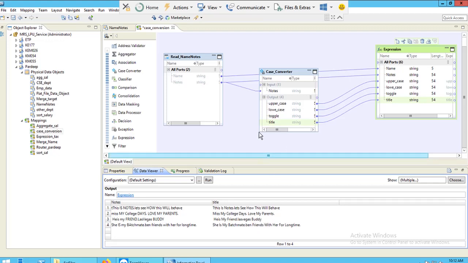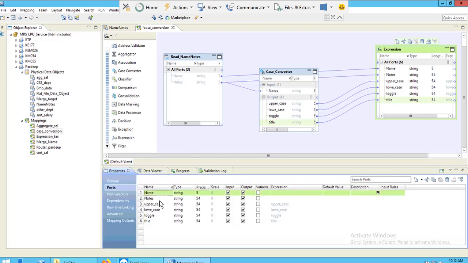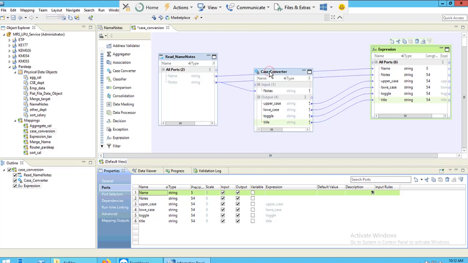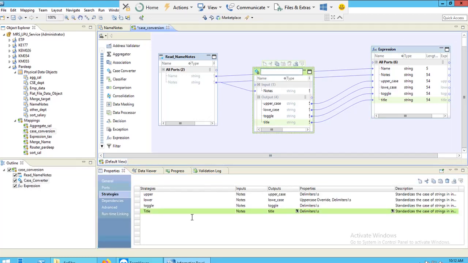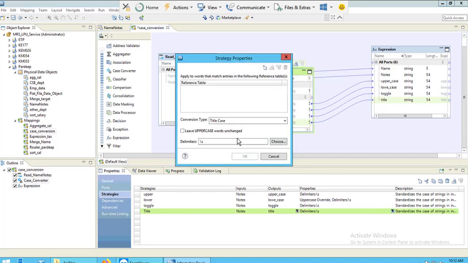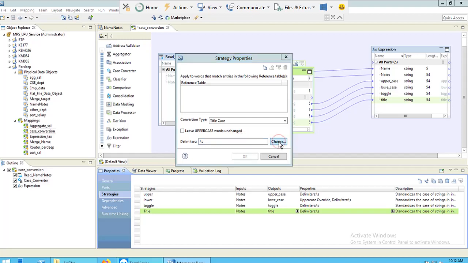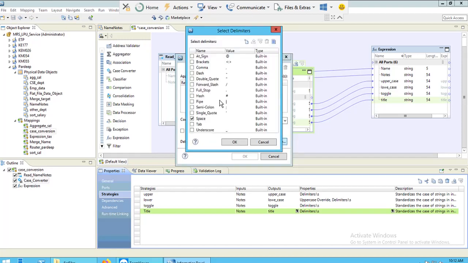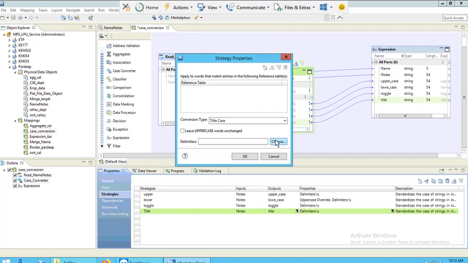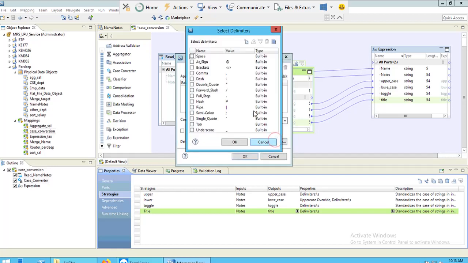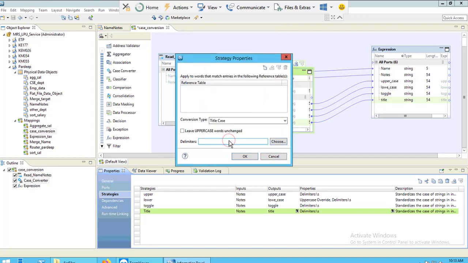Now let's try to make some manipulations here. Go to the properties, select your case conversion transformation, go to the strategies, properties, and change the delimiter to none. To change the delimiter to none, you can unselect all these options. Now my delimiter is none.